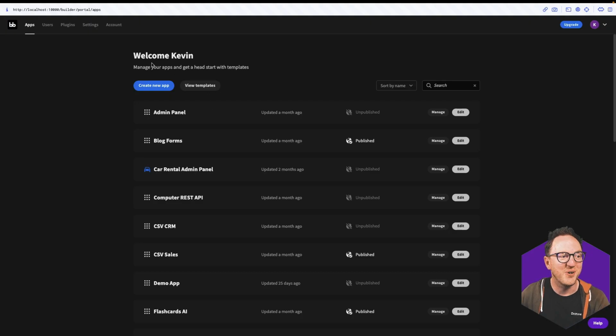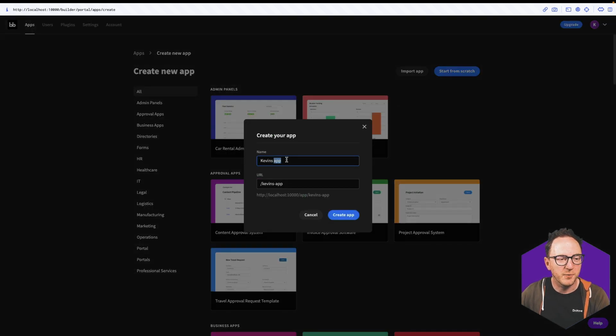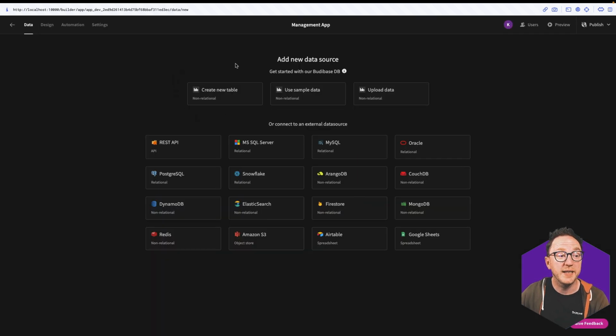I start on the Budibase portal and I click on Create New App, Start from Scratch, and I'm going to call this my management app. And I'll create it. Now, we could create the tables from scratch using Budibase's internal databases. These are built on top of CouchDB, which is a non-relational database, a lot like MongoDB if you're familiar with that. We could use REST API, build up a query set that could manage the CRUD operations, but we're going